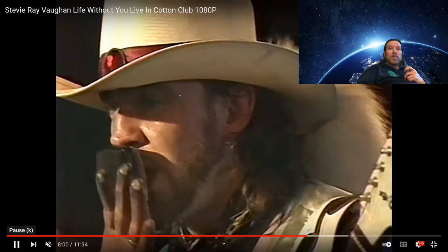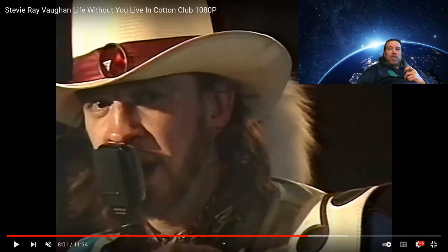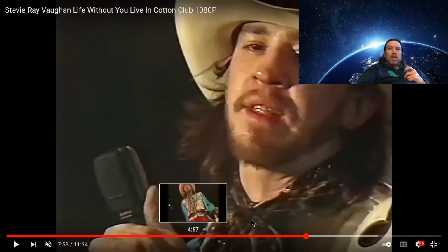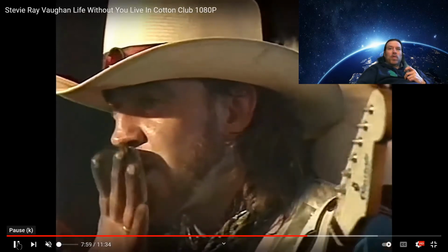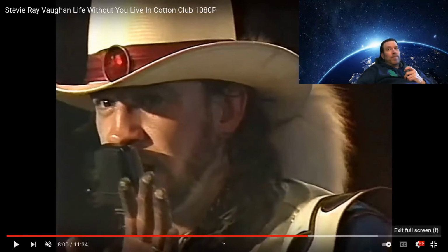But look at his fingers. I mean, they're damaged. They are damaged. Look at that. I mean, they're just torn apart. Look at it. You can see the skin hanging off of it right here. So this is why I wouldn't suggest using 13s, because you're going to have some sort of damage when you do. It doesn't come without its consequences playing 13s. So if you're going to go to a heavier gauge string, I mean, you know,